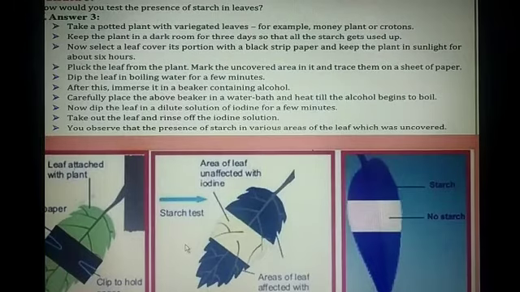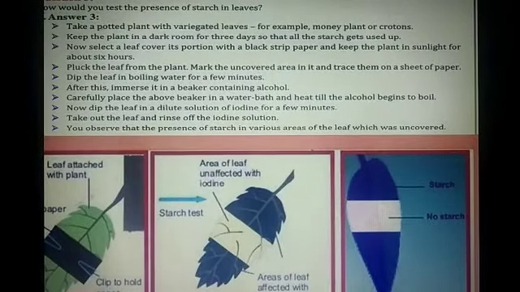Then after 2 or 3 days, what we observe after doing the iodine test. You know what is the iodine test? Iodine or starch test. Actually, iodine gives blue and black color in presence of starch. Now see here. Here the black strip is there. So in the presence of sunlight, what happened? This part is not able to form starch, obviously. And in the other open portion, chlorophyll is present.